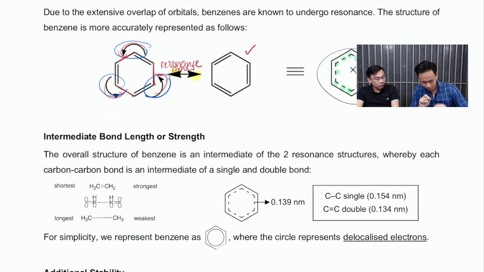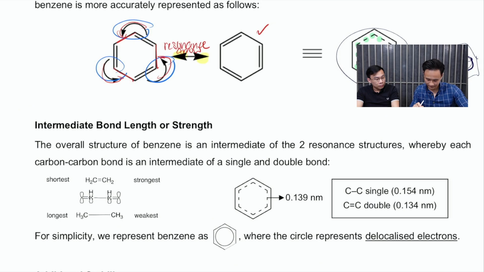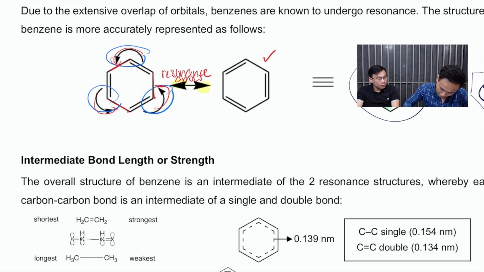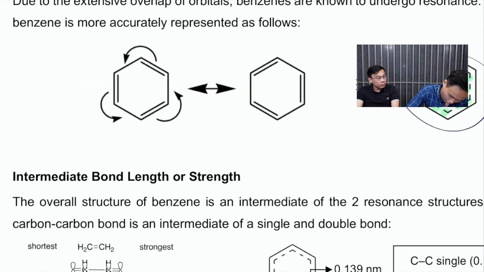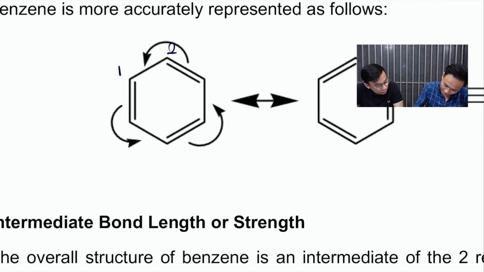Now, here's where we're gonna get a bit more specific. Guys, understand this with me, okay? I want you to go back to this picture here, and I'm gonna focus on carbon 1 and carbon 2. Now, Yap Chen, before we draw resonance, what is this bond? Single or double? Single. And what is this bond here? Double. Now, because they are resonance structures, we say that 50% of the time, it looks like this, and 50% of the other, it looks like this.